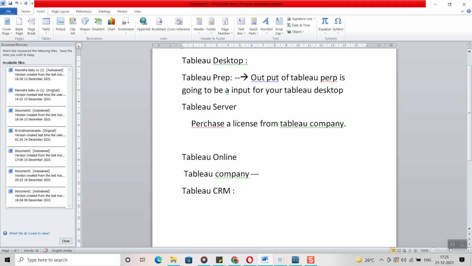Earlier, before this merger, Salesforce had one reporting tool called Einstein Analytics.